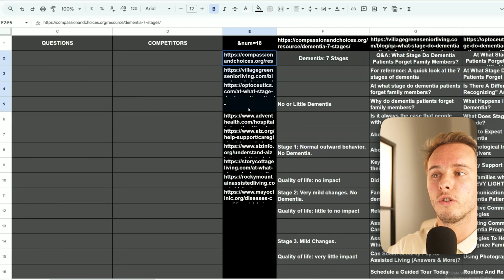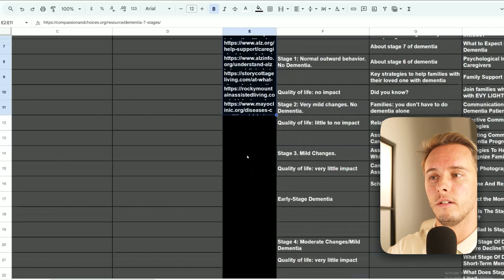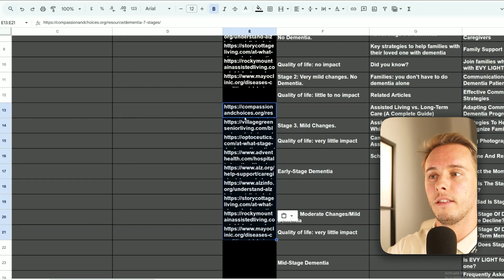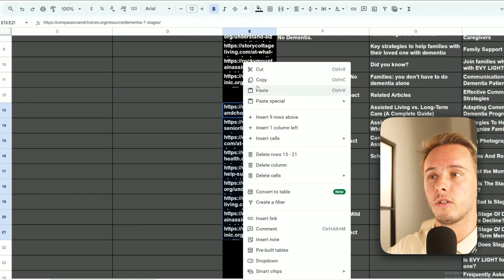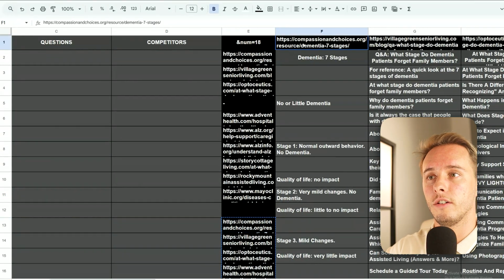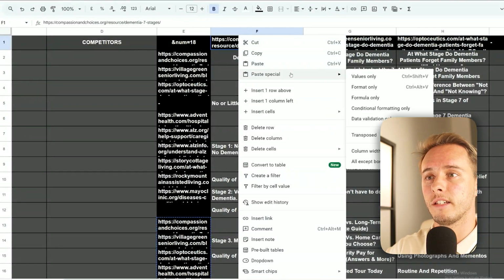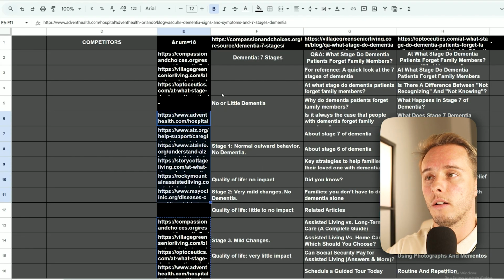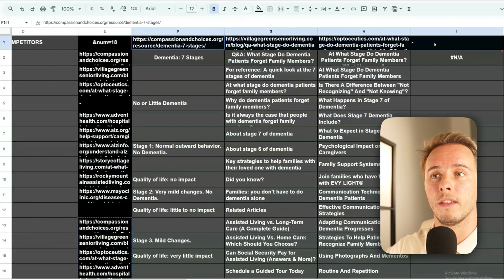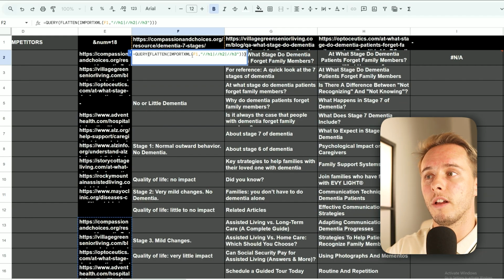So in that moment, you just wanna paste it here in this column right here. So I would have pasted that. And then once it's pasted there, just copy it one more time. And then in here, this will be empty, okay? You need to click here, paste special, and paste transposed. So instead of a vertical alignment, it's a horizontal one. And then the great thing is that this formula here is actually gonna visit this URL and it's gonna gather these H1, H2, H3